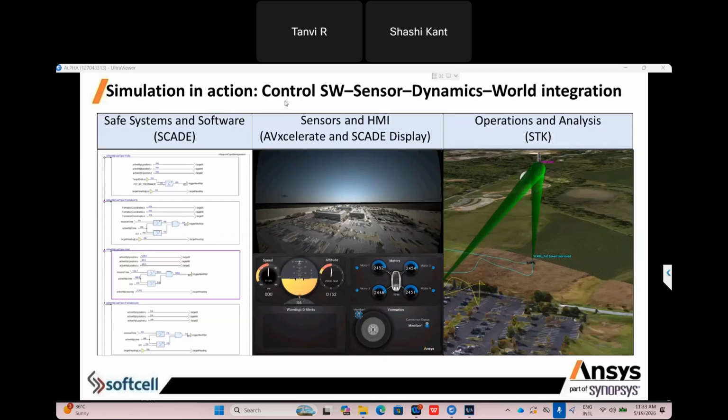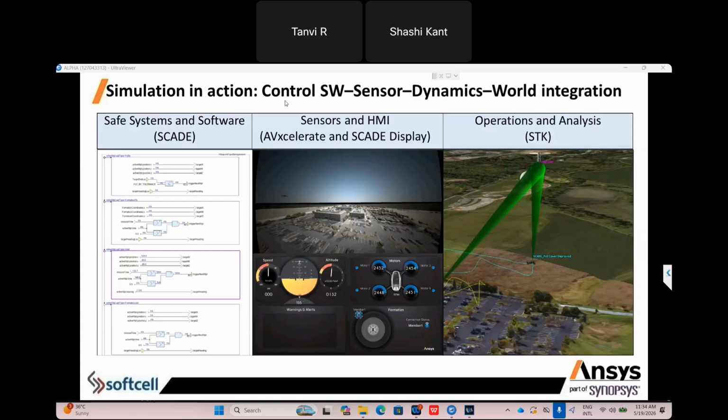We can do all these things very easily; you just need to have your model inside STK and define the calibration with SCADE and Medini also. And if you want to see the real picture of how it looks from the eVTOL to the ground, whether the landing station is visible properly or not, you can also capture that using virtual simulation inside Ansys.